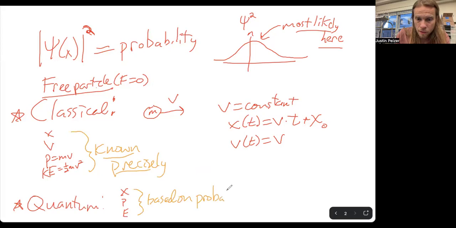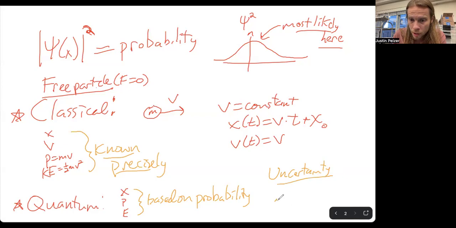Where there are specific values that these can have, and the wave function contains that information, but typically as a percentage chance. So these are typically unknown. For instance, you might be able to discern one of these, but if you discern one of these, you have to sacrifice information for another one. And this is called the uncertainty principle, which I covered in my other video. Because remember, the uncertainty principle